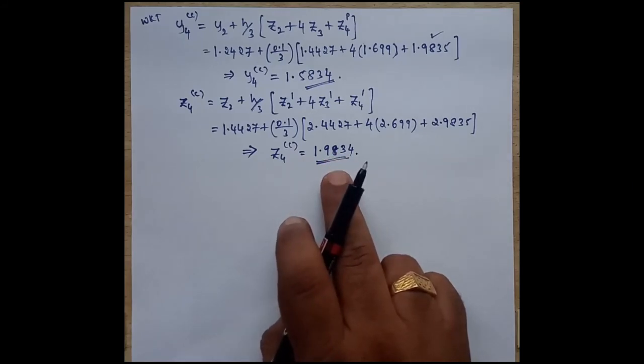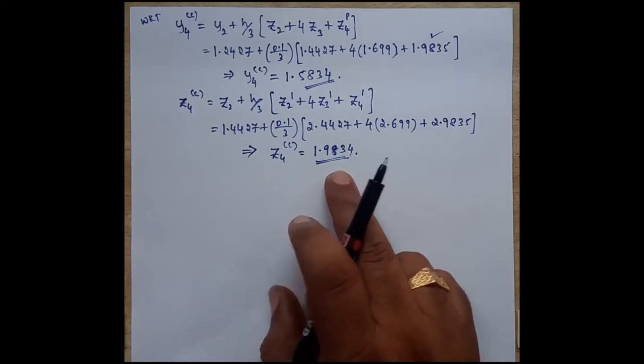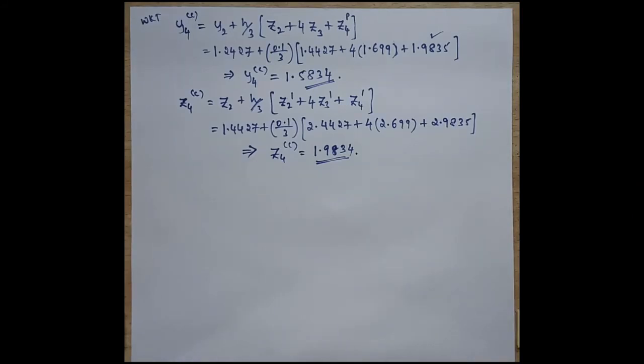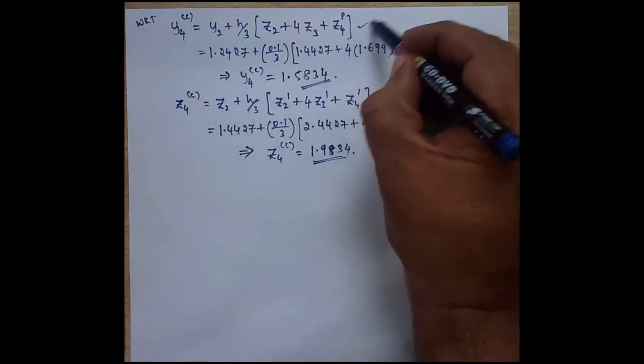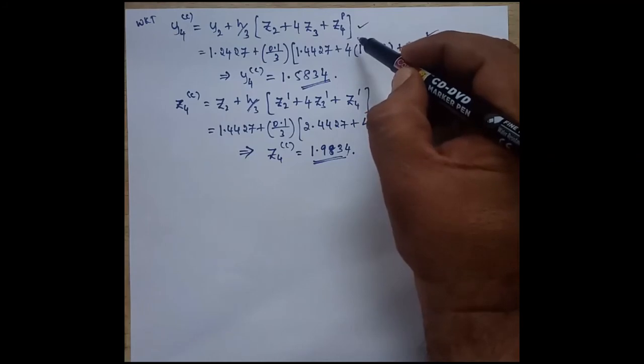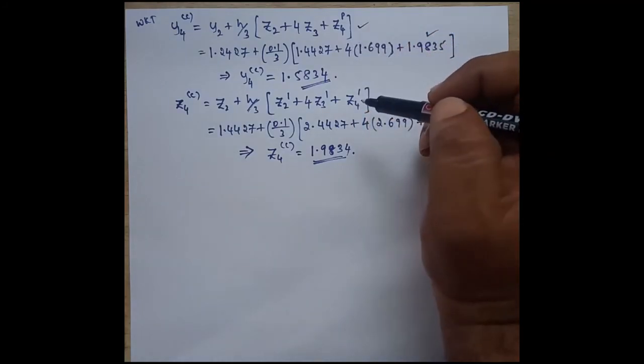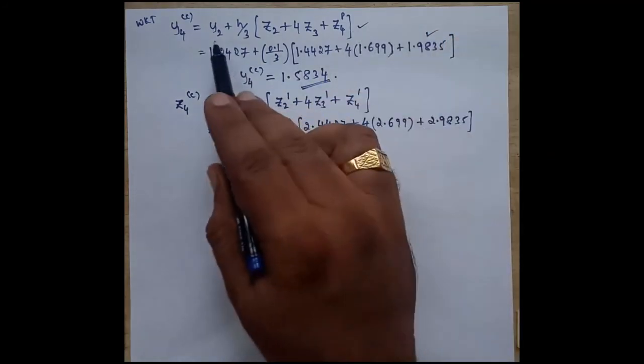But as we discussed in the working procedure, in Milne's predictor corrector method, we need to apply the corrector formula twice. Minimum 2 times you have to apply to say the answer has better accuracy. So let us start applying the corrector formula once again. Here I already applied the corrector formula. I'll repeat this step. But what is the difference? The difference is I'll retain all these things.